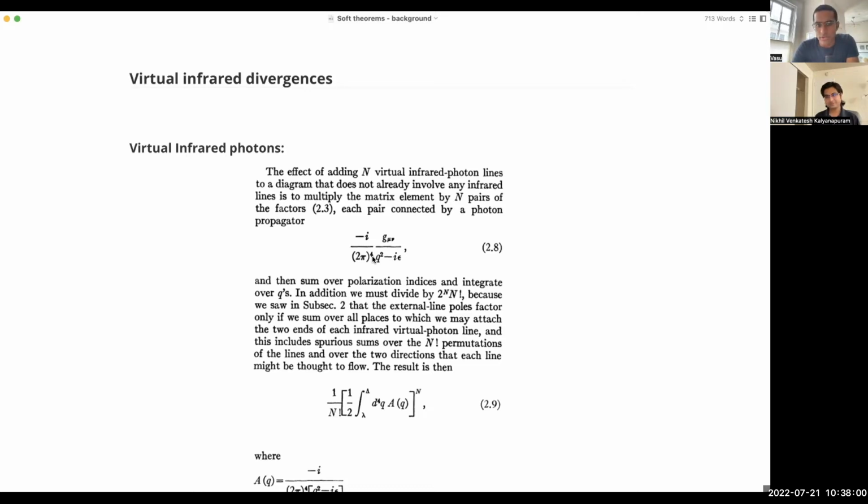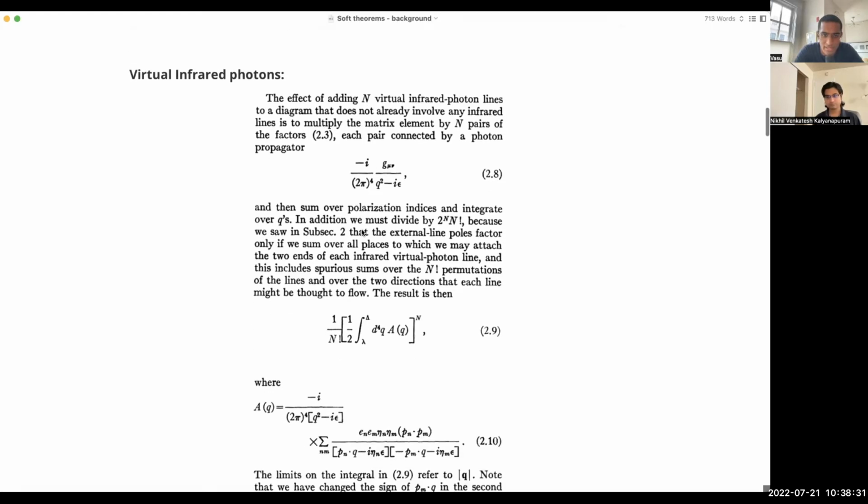And furthermore, what's nice is that knowing the soft factors and knowing the form of the photon propagator and the graviton propagator, at least in some gauge, although I don't think the gauge really matters, you can essentially write down the effect of having an arbitrary number of these kinds of virtual IR photon links between the external legs. Now, say you had n of them, then the result is going to be the following